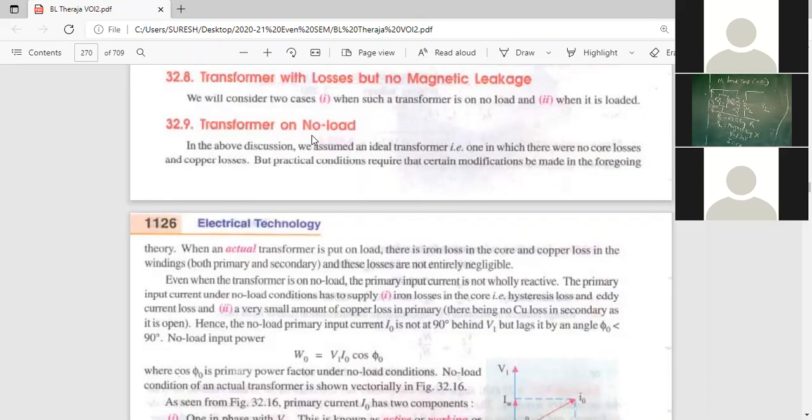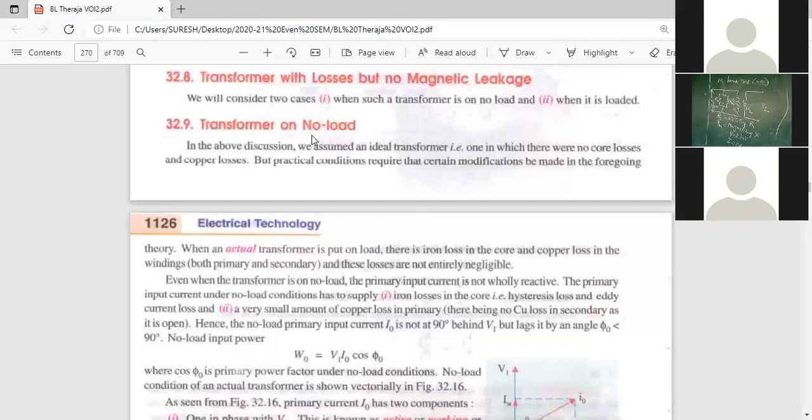When you are applying 230 volts, current is 0. In open circuit, your current is 0, I is 0. If you provide the closed path, current will flow. In open circuit, current is 0, but voltage is there. How much voltage? 230, because in parallel, voltages are equal. Whatever voltage you are applying at the supply side, V1 is equal to V2. Okay. Now, by applying the rated voltage in the open circuit, we can get the complete iron loss.